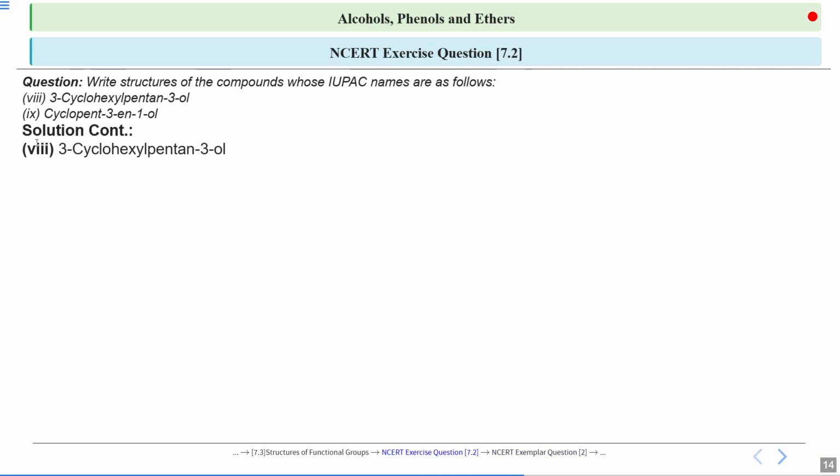Then comes the eighth compound, 3-cyclohexyl pentane 3-ol. Pentane means a 5-carbon chain with cyclohexyl present at the third carbon. Cyclohexyl means C6H11. And 3-ol means the alcohol group, the OH group, is attached again at the third carbon. So at the third carbon we have cyclohexyl and the alcohol group, both attached, and we have the parent chain